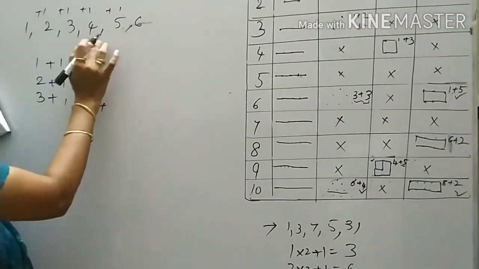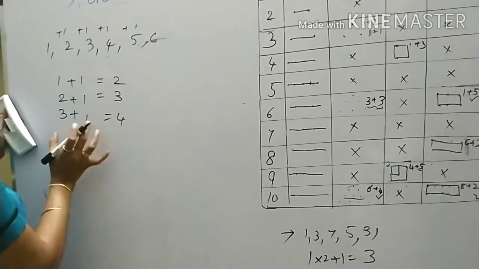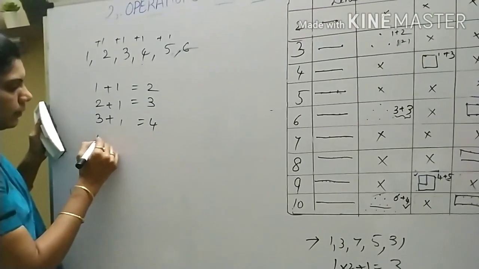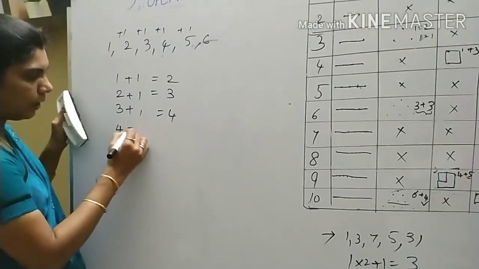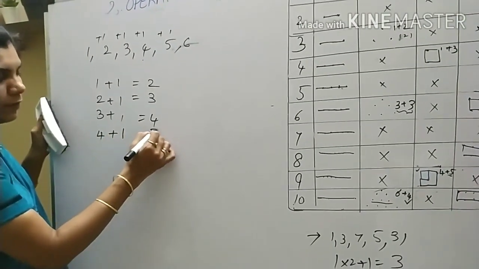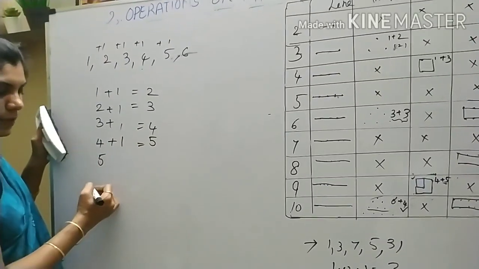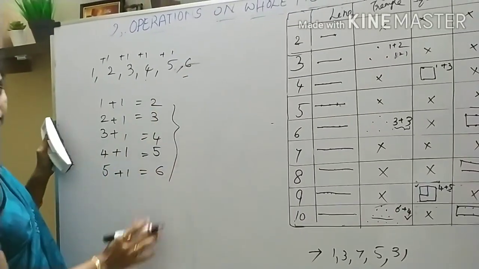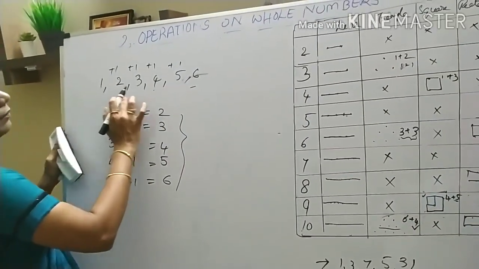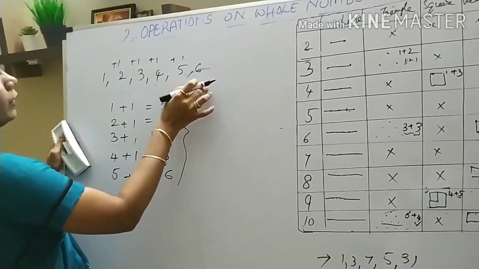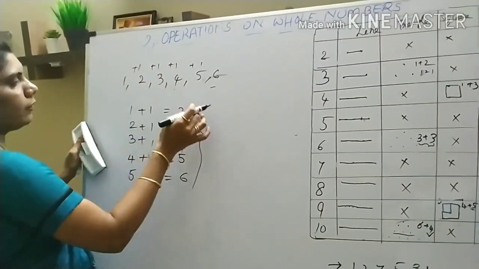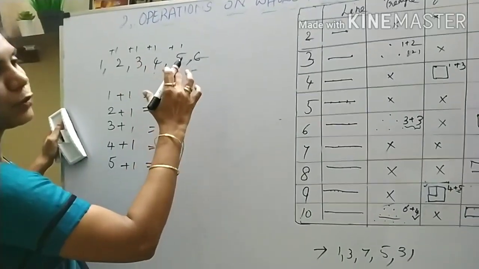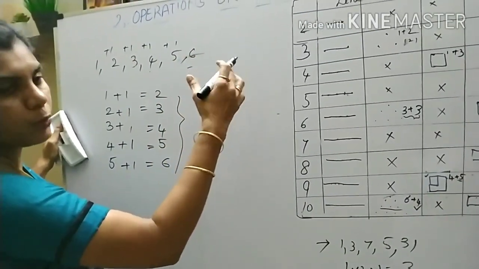So don't look at this one. See this one and write the next two more steps here. To the result you have to add plus 1. You will get 5. After that take that result 5 plus 1. You will get 6. So you are getting all these numbers, right? So whenever they give like this, you have to find the pattern first. After that, by finding the pattern, you can extend a few more steps.